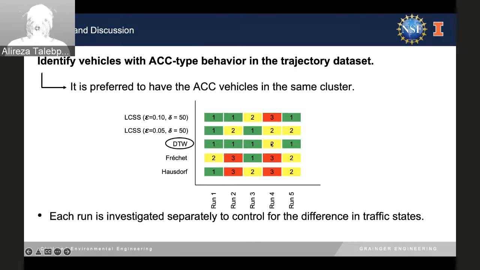So that vehicle ends up in a different cluster. The first two vehicles were in the same cluster. The last one essentially became a human-driven vehicle because we had to take over. So there are two clusters here, and then again one cluster in the last one. So dynamic time warping performed pretty well on our ground truth data set.